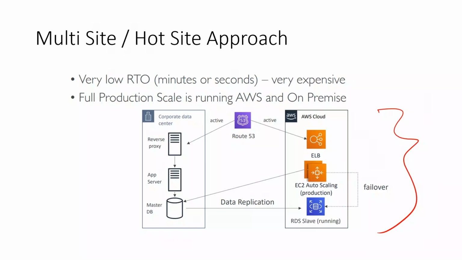So basically both of those endpoints are working, and they are working at full capacity. So yeah, that's the multi-site or hot site approach, and it has the very least RTO, and it is the most expensive approach, right? I hope that makes sense. So we studied the techniques